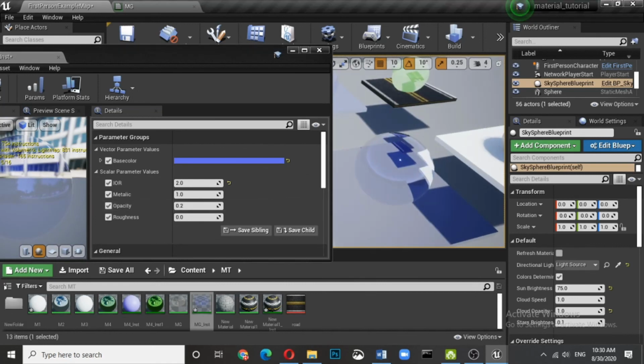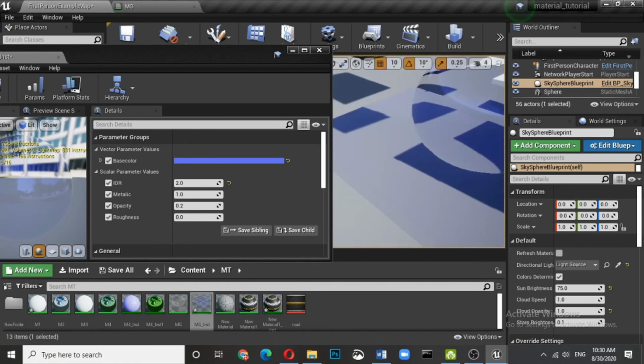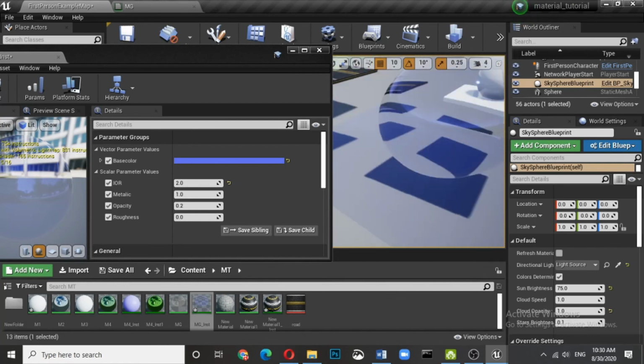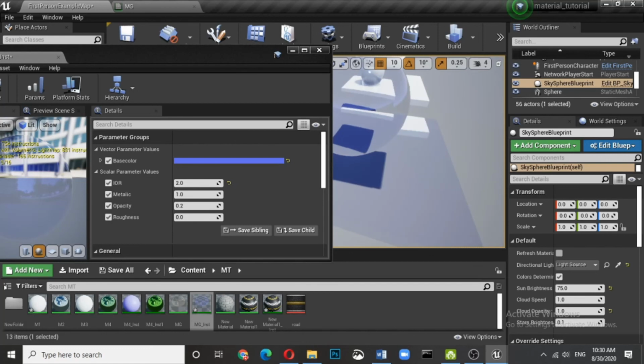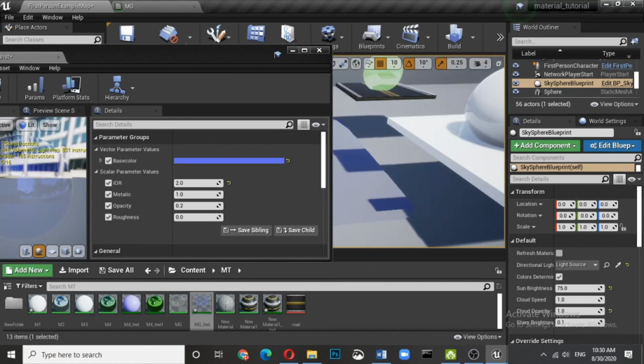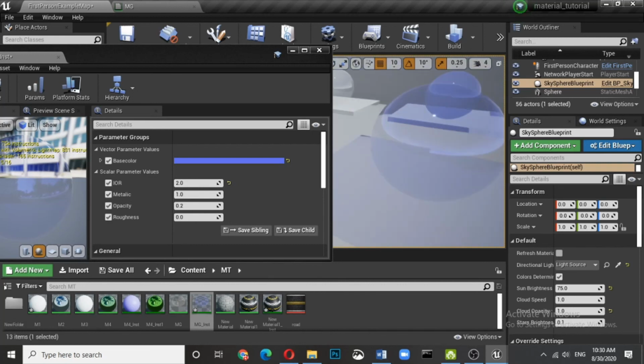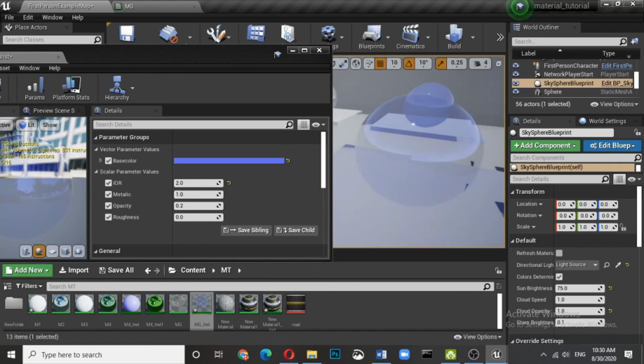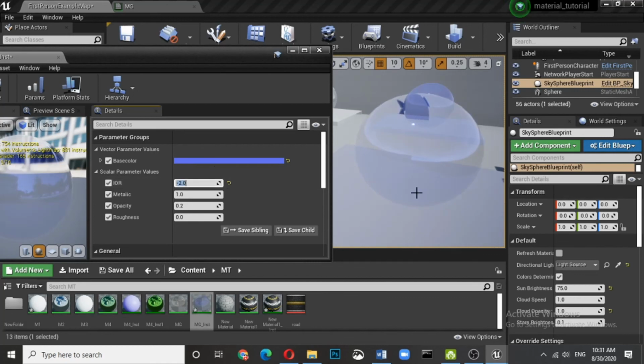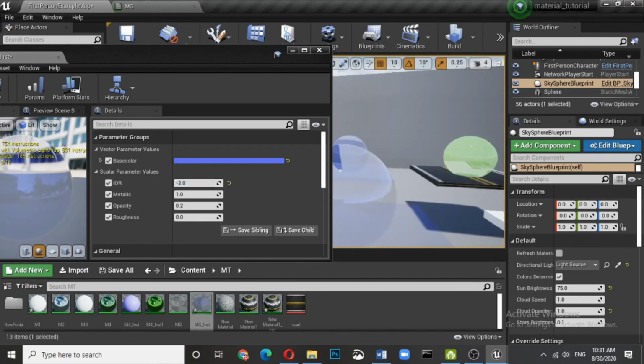This is now acting as a lens instead of a glass, so you can see a lot of things which should not be there in the case of a normal glass. You can reduce it also. So -2, sorry, this is -2. You can see some changes in the diffraction part.